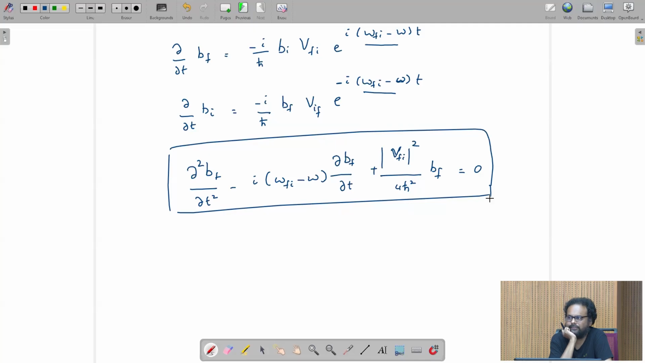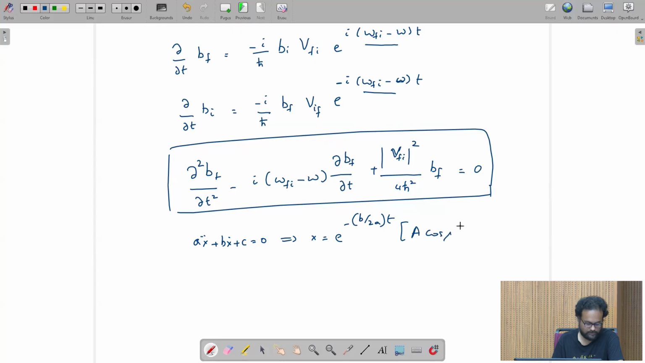What do you think this equation looks like? Does it remind you of anything that you already know? Simple? Damped simple harmonic oscillator, right? And you know how to solve this. So if I have a damped oscillator which looks like this, then you know x will be e to the power minus b over a t, times a cos mu t